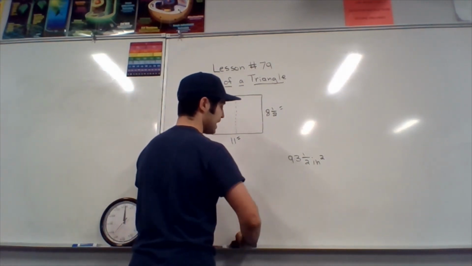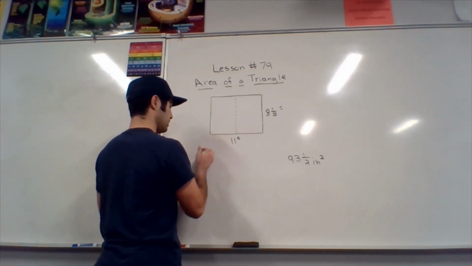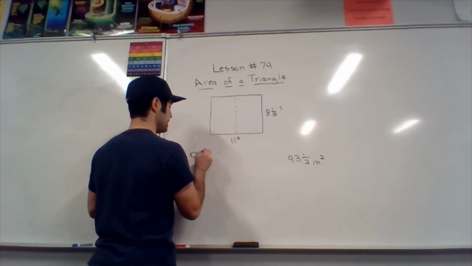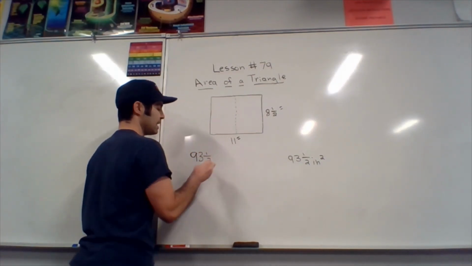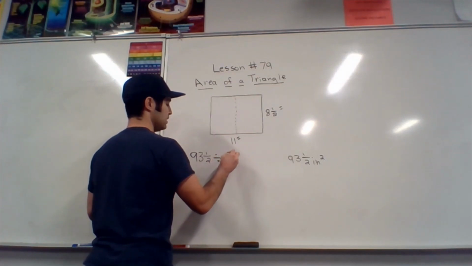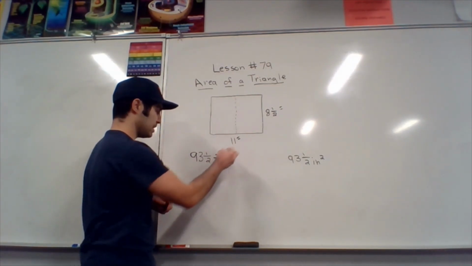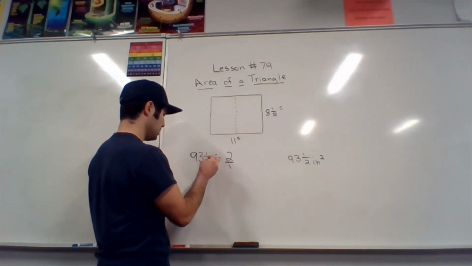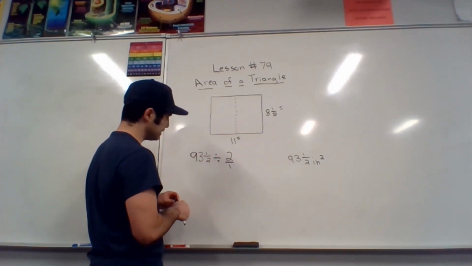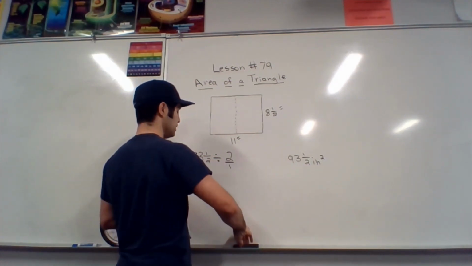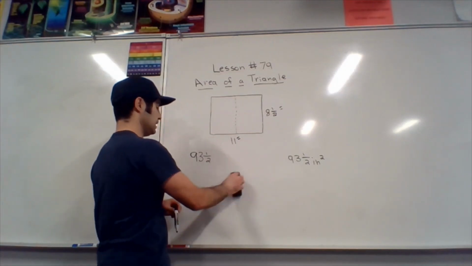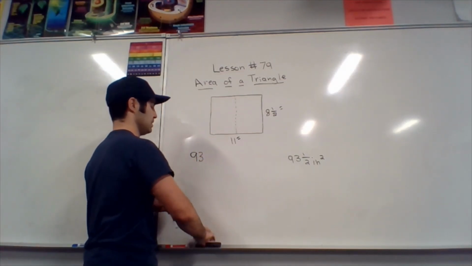I'm going to take that back over here, 93 1/2. I'm going to take that and I'm going to divide it by 2. Well, same thing, put it over 1. Backwards 3, 93. Well, there's actually an easier way to do this. You could do 93